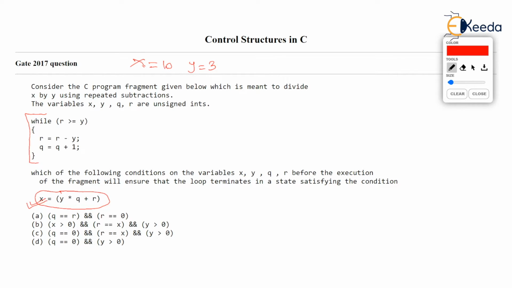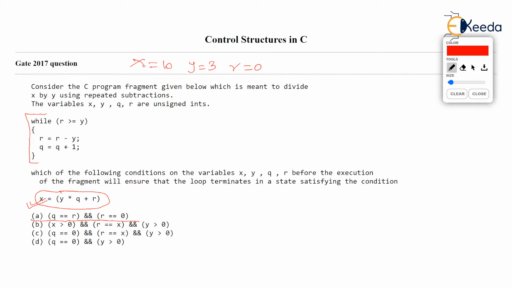So let's see first, that is A. Option A says that before you run the while loop, this condition should be true. That is q should be equal to r, correct? And r should be equal to 0. So let's put first of all r should be 0. It is clearly said that r should be 0. This should be true, they are saying.